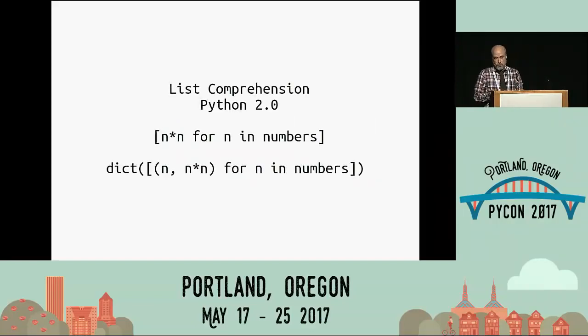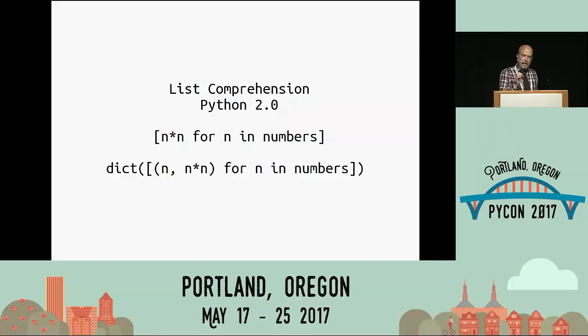The list comprehension had been around since Python 2. It was an innovation when Python went from 1.6, I think was the last one, to 2.0, and it was a big deal. You'd always had to make an empty list, append to it, before finally producing a completed list. With the list comprehension, borrowed from several other languages, you could instead put the for logic, the looping logic, inside of those square brackets and have the list created for you. That was great for lists.